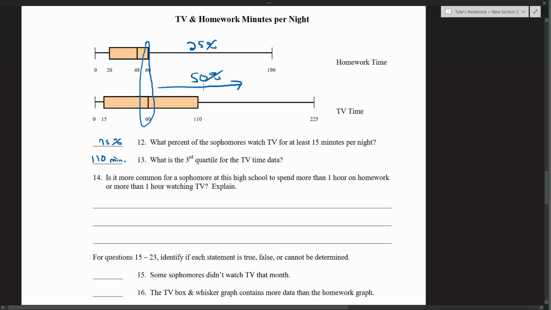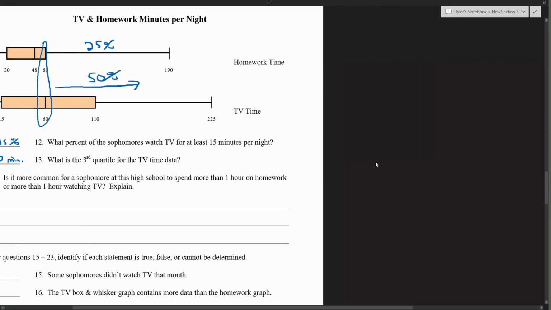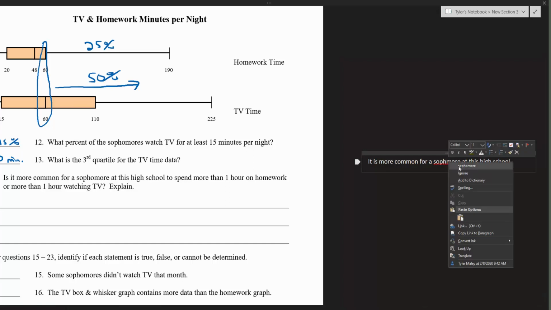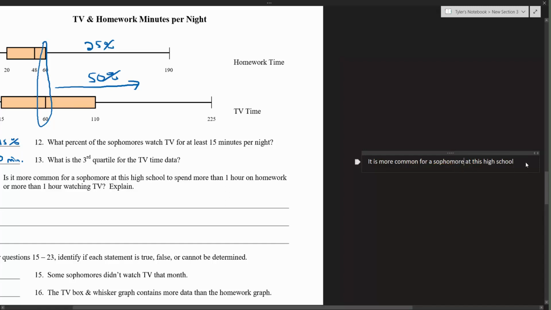So let's write this up. I'm going to type this up here to the right. So I would answer it like this. It is more common for a sophomore at this high school to spend